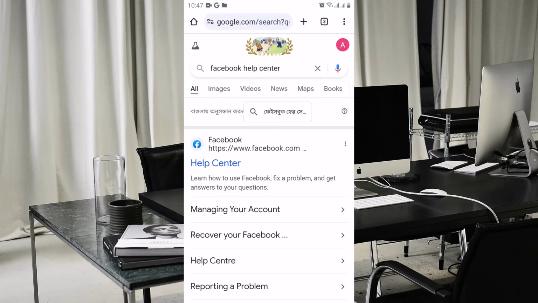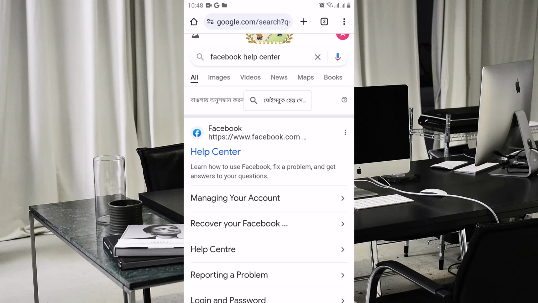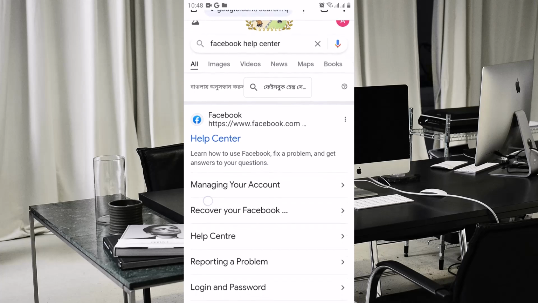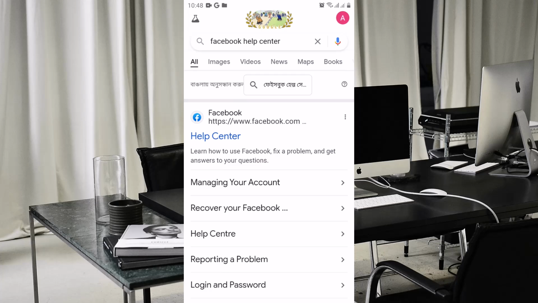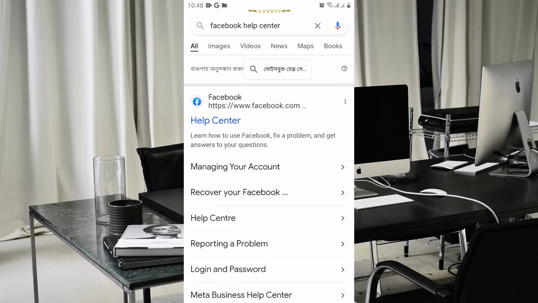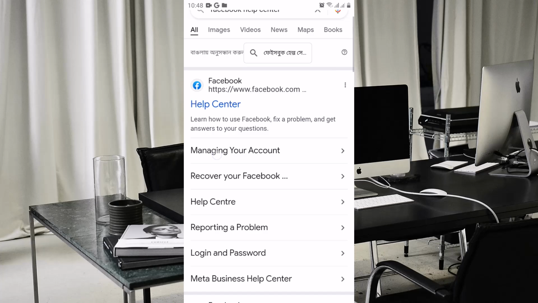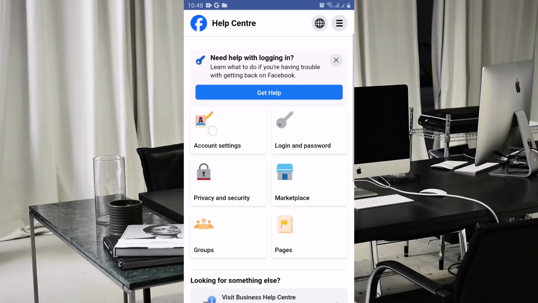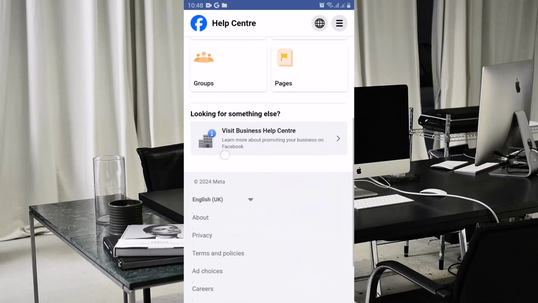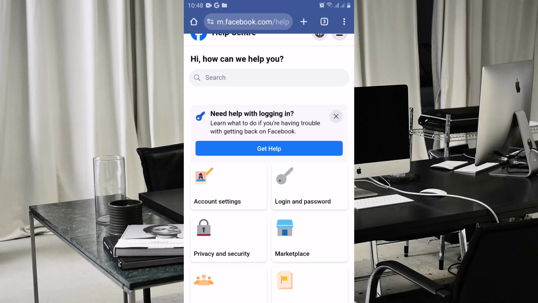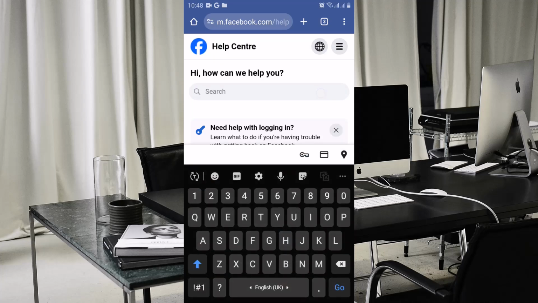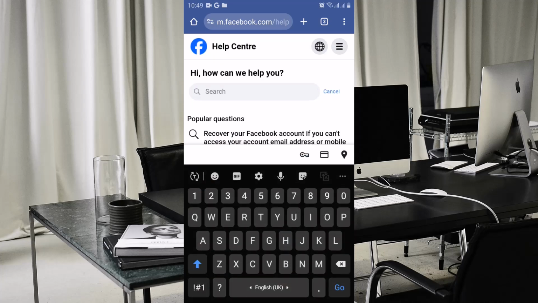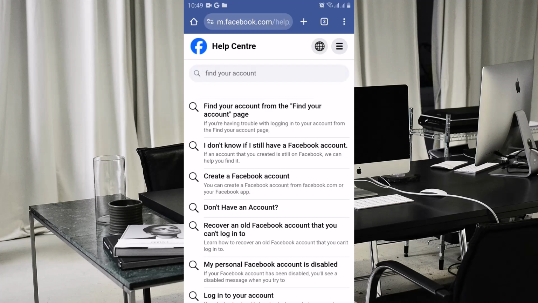Help Center, or you can also search it in the URL, write help.facebook.com. Once you're on the Help Center page, then click on it. Once you're there, scroll down until you see login and password. Search for find your account. Then when you get that find your account page, go there,